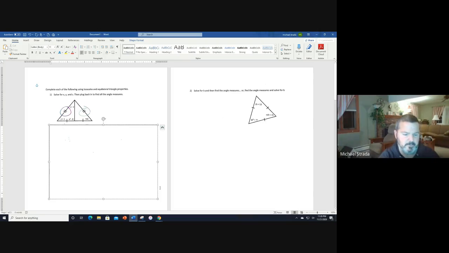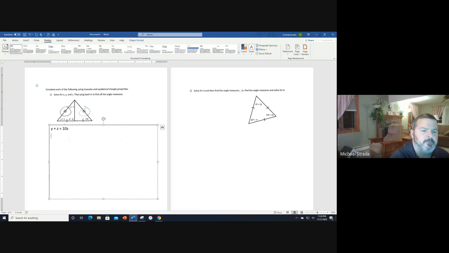So that means we can set y plus z equal to 10z. All right, so y plus z is equal to 10z. Right, so that's our first system. Now, if we come up here,